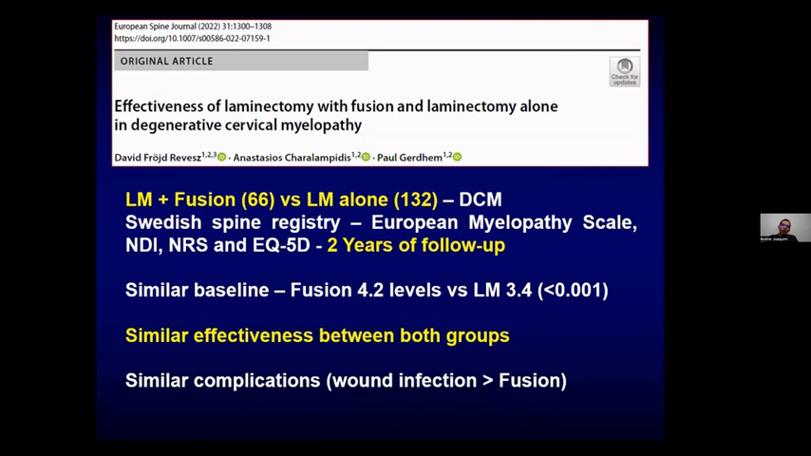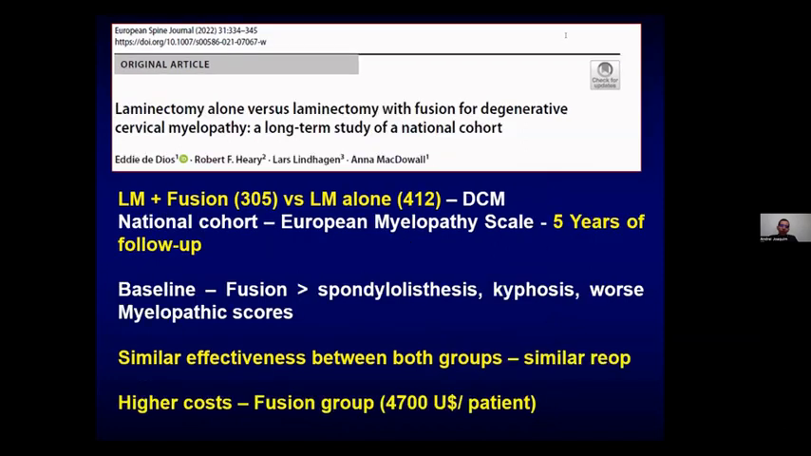Most of these studies are from countries with socialized medicine, and they suggest that the effectiveness and safety of laminectomy alone without fusion is still valid, with similar efficacies between both groups, and also with fewer complications with laminectomy alone without instrumentation and fusion. These are two studies that show this data, that the effectivity is quite similar with less